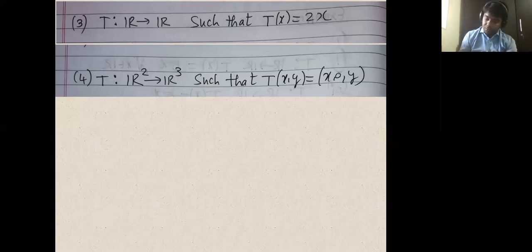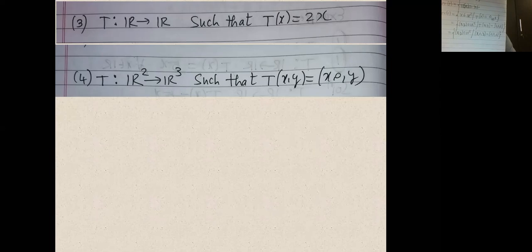Okay, so further we'll substitute the T value. So (x, y) belongs to R2 such that T of (x, y), that is (x, 0, y), equals (0, 0, 0). Substituting the definition of our T, now equating things. So that is (x, y) belongs to R2 such that, now equality of two vectors here.